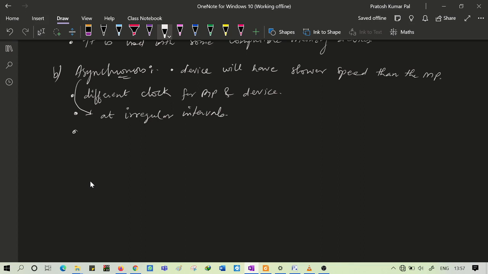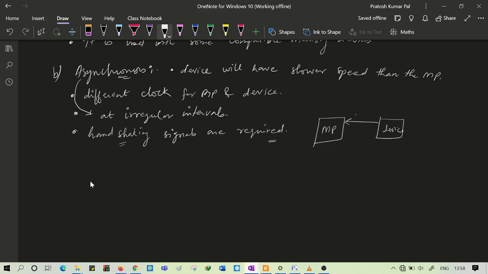One of the important criteria for this asynchronous type of data transfer is that handshaking signals are required. Handshaking signals are needed if two devices need to communicate with each other. One device will request the availability; this is the microprocessor, this is the device.